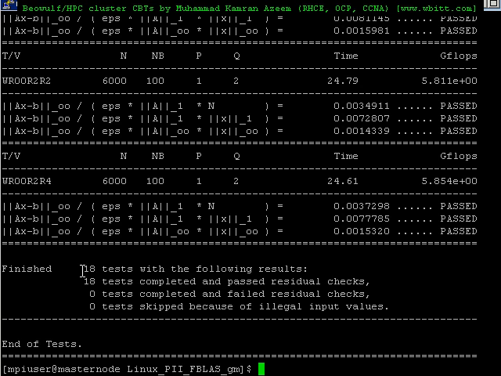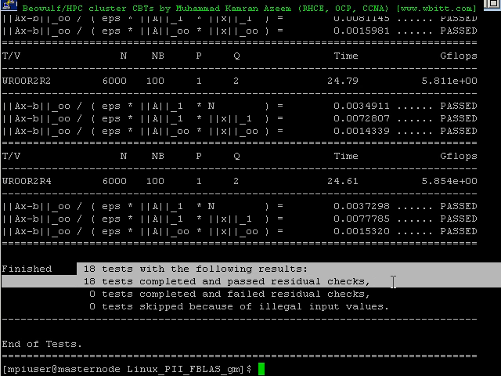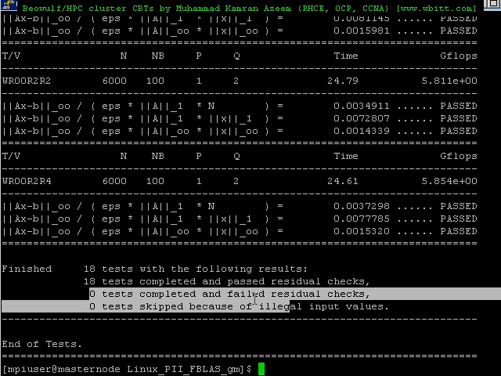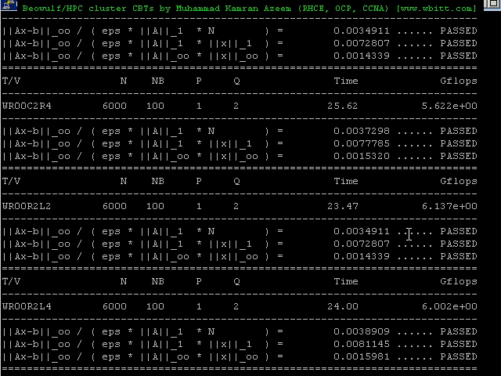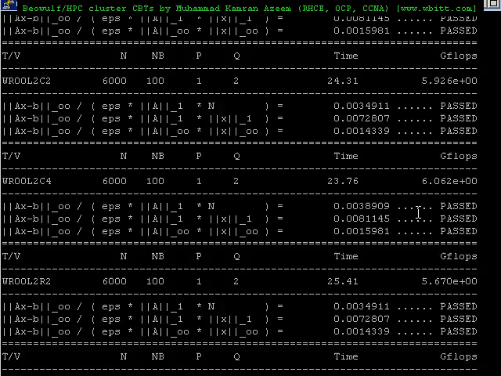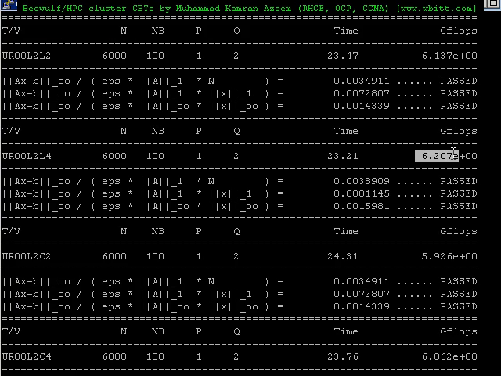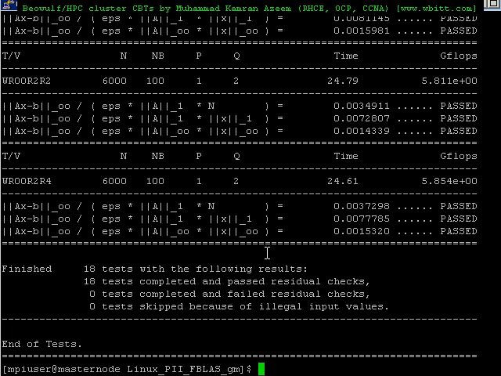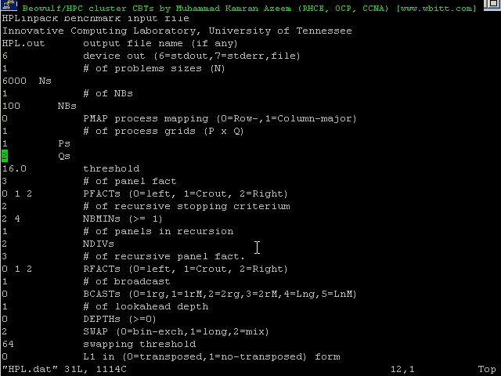Okay, as you can see, 18 tests are done. They all have passed and completed successfully. No tests have failed, and I see about 6.1, 6.2 gigaflops of compute performance. Okay, fine. Let's edit this file and let's increase the problem size a bit. Let's increase one more 0,